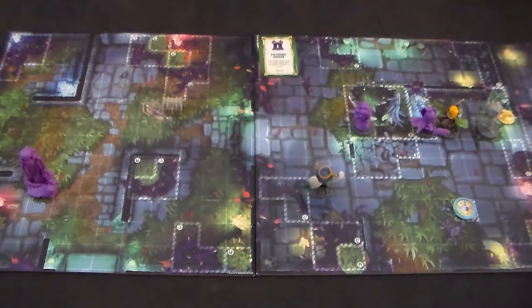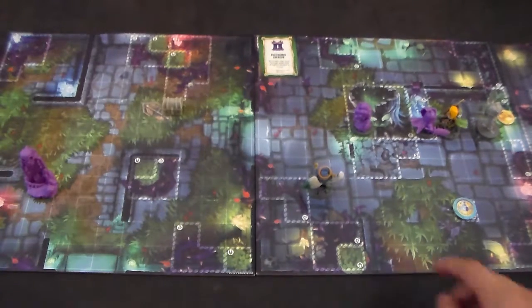Alright, looking back at the rules, I'm actually in a good spot here. This entire time I was thinking I couldn't attack those guys because they were behind the walls, and the way the line of sight works, I couldn't trace my line through the structures. But Fly says structure squares do not block line of sight to and from models with Fly. So